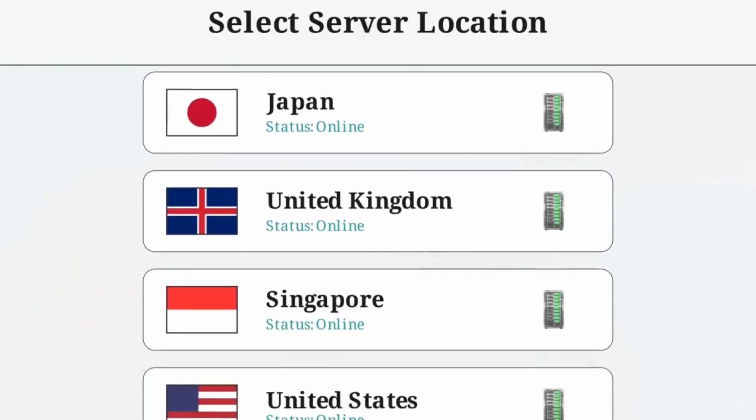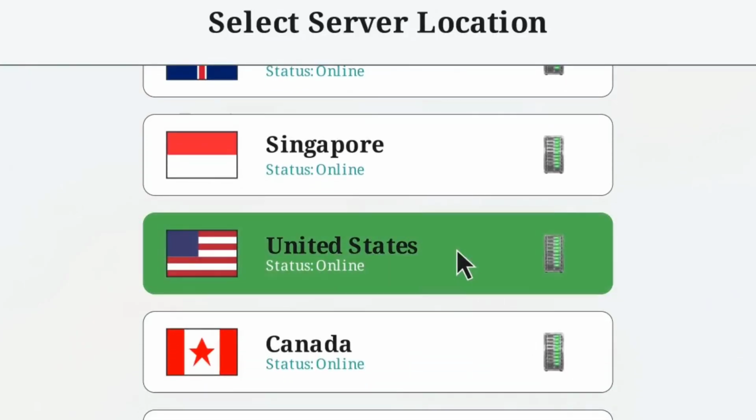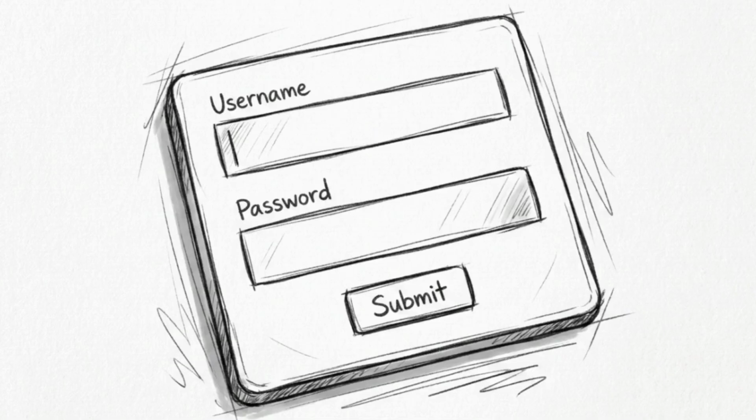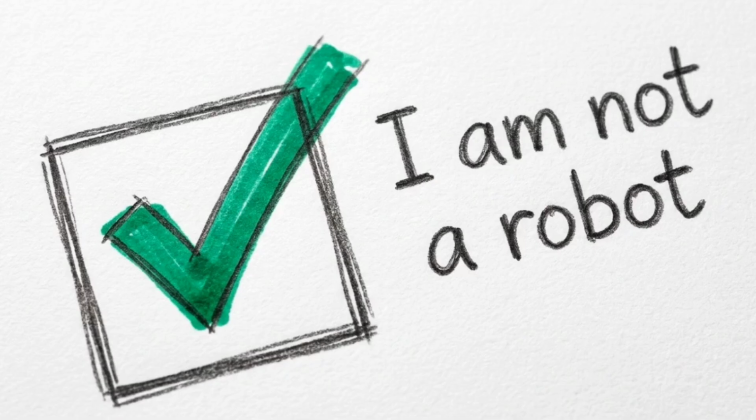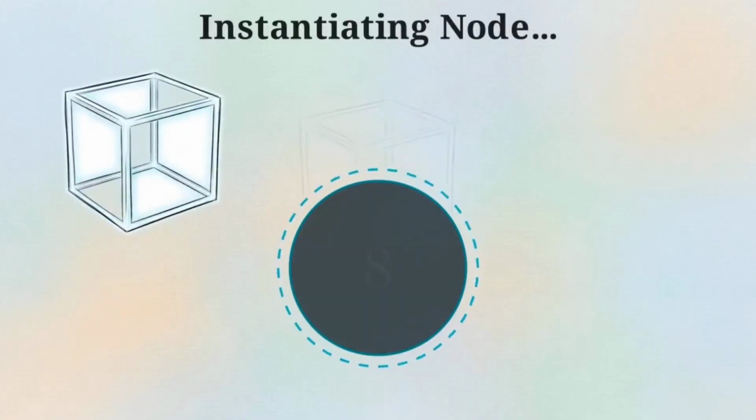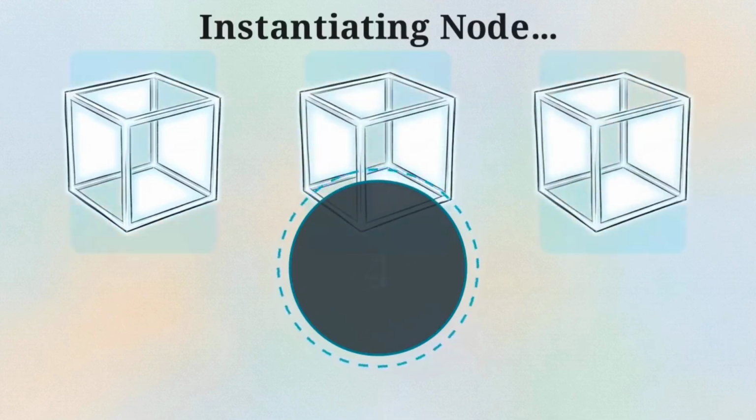Scroll through the available options and select a server node based in the United States. You will be prompted to create your credentials. Type in a custom username and a password of your choice, then check the box to complete the human verification step. Once you click Create Server, the site requires a 10-second processing delay to instantiate your specific node on their